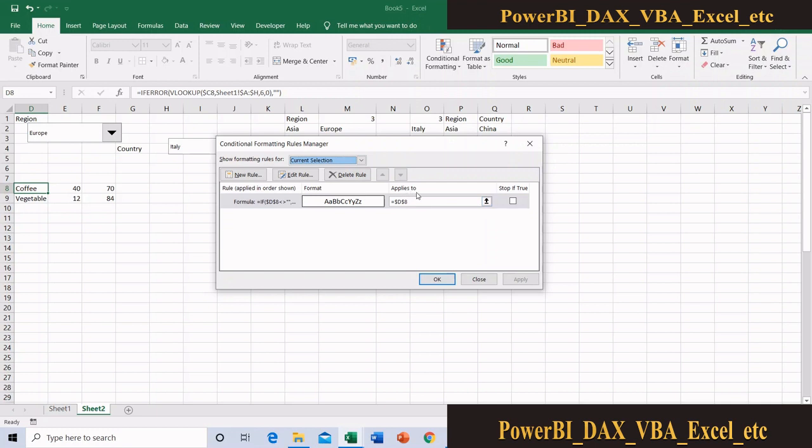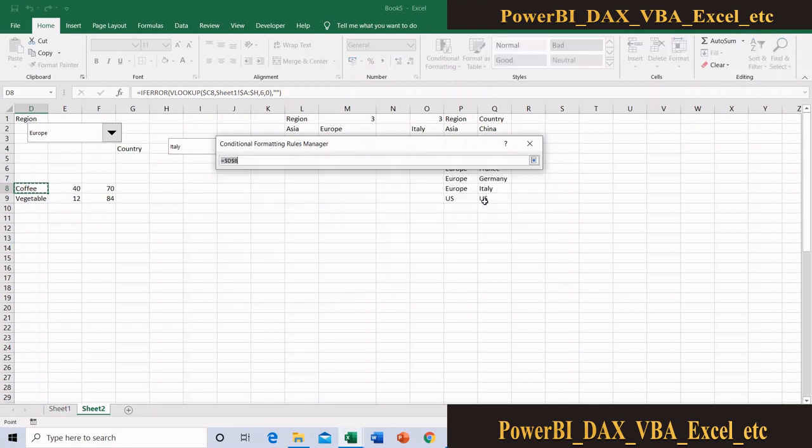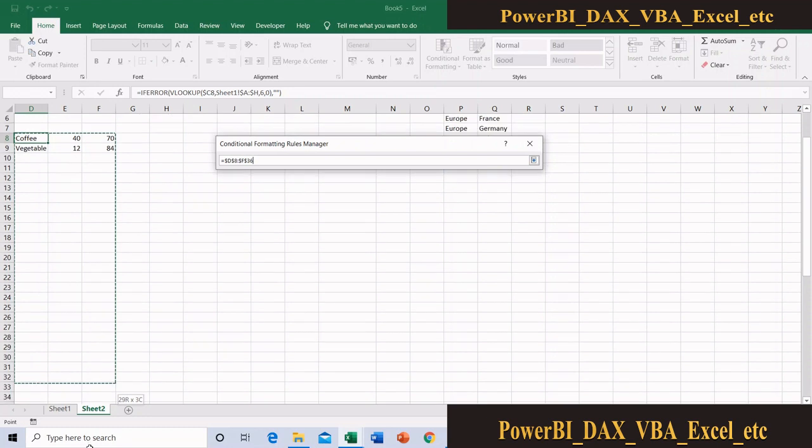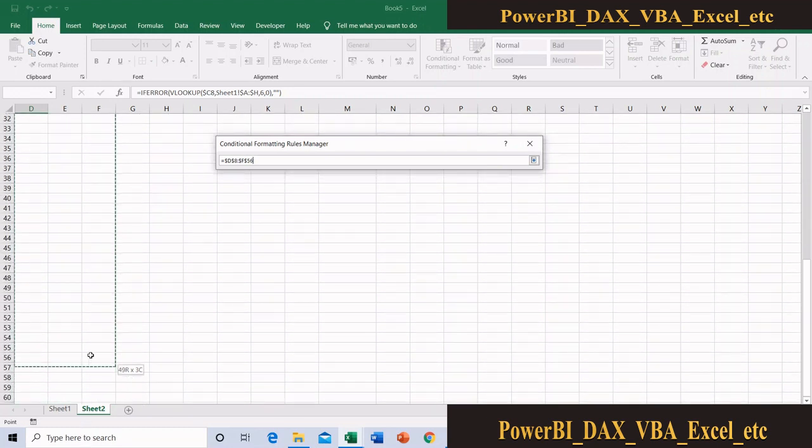There is a section applies to. You can see the conditional format which I have already given. So here in this applies to section, now only D8 is selected. Here I am selecting my entire range. So I am selecting from D8 to I know that my data is having only maximum 50 entries only. So on average that is logical only. I am selecting from here to here, no issue.